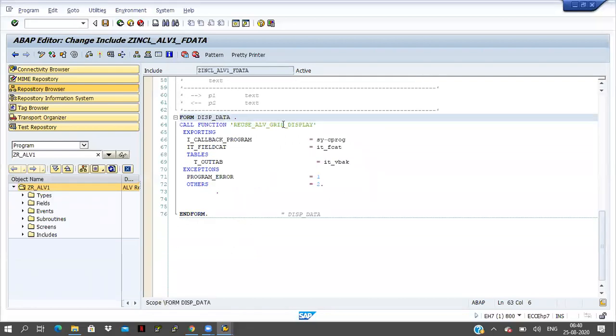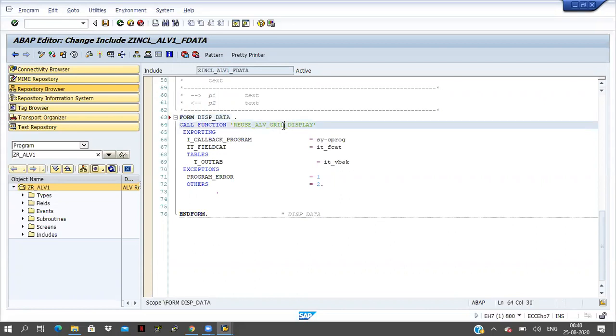So in place of grid, I'm taking list display. But in real time we should not do it like that. What will happen? For the grid display function module, the input parameters, importing, exporting, changing, tables, may be different in the list display.